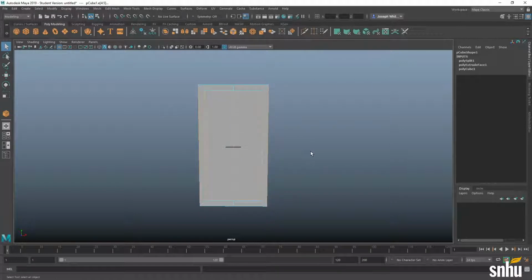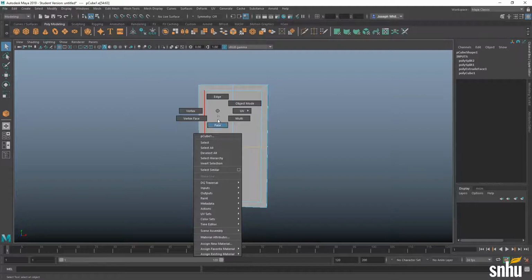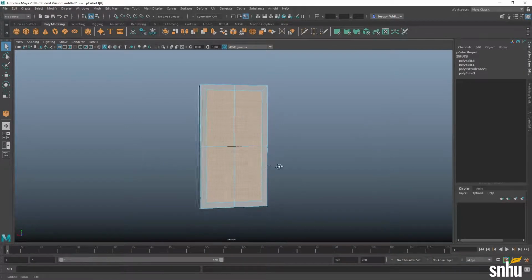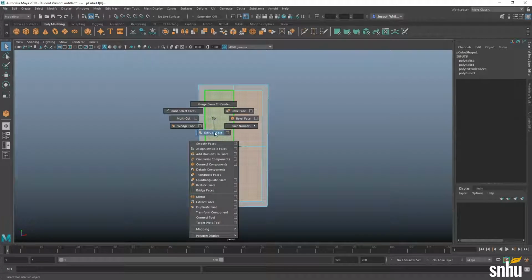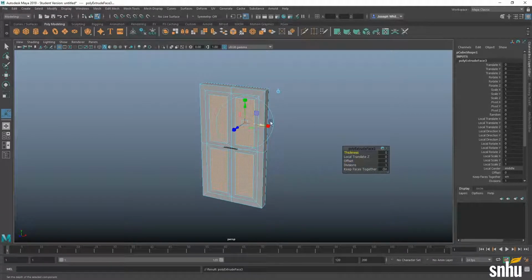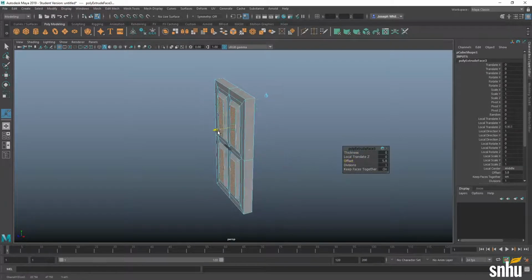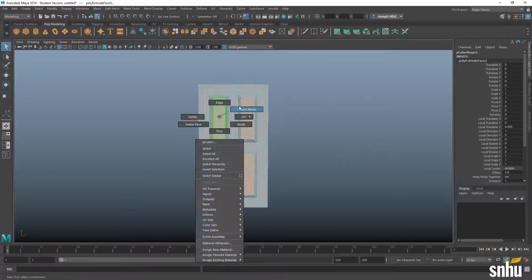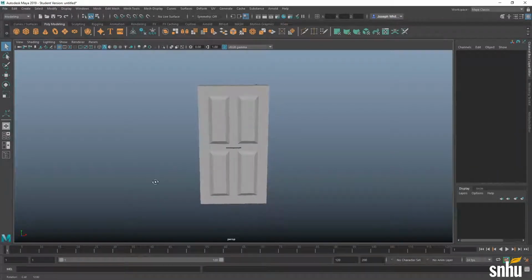Same thing here, but because of the previous tool we used, we can press G on the keyboard, and press G again on the keyboard, and that'll accept that as well. So I'm going to marquee select these in face mode, hold left shift and right click, extrude face, and we want to turn off keep faces together, and then we want to do offset. And we'll offset like that. And press G on the keyboard to repeat the extrude tool. Extrude again, and then we'll go ahead and pull those forward like that. Cool. So now we have our door.